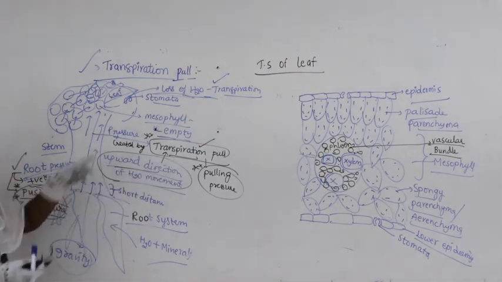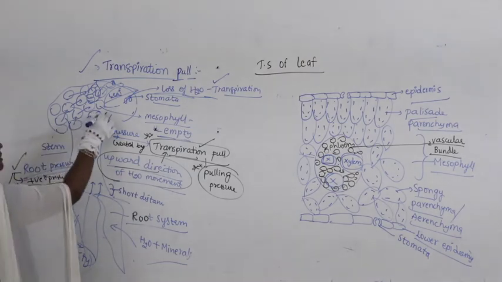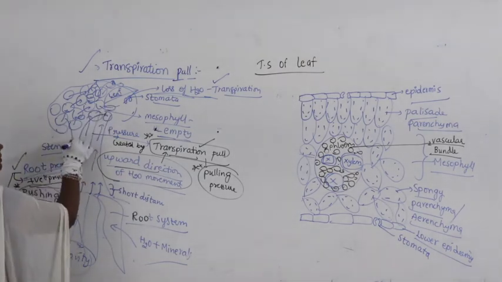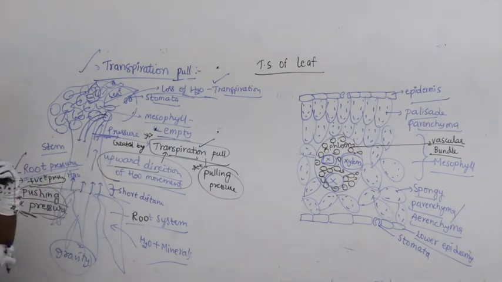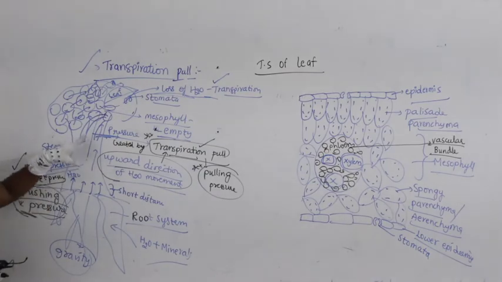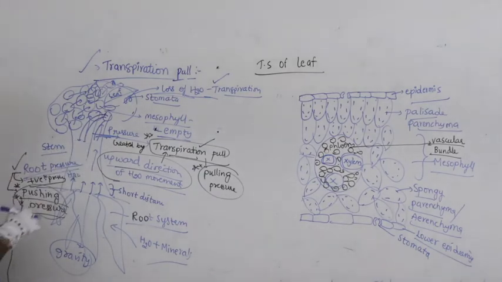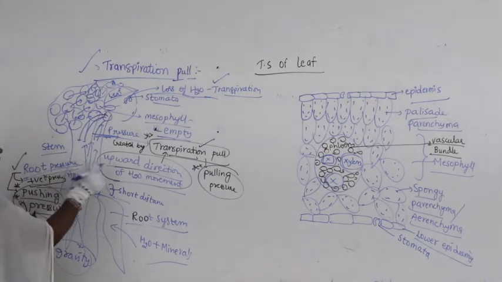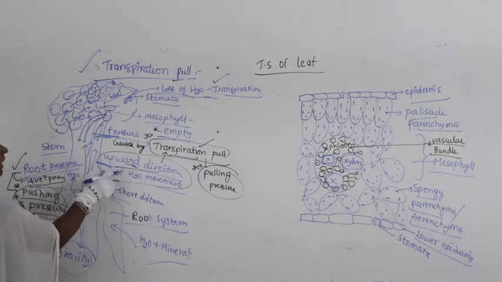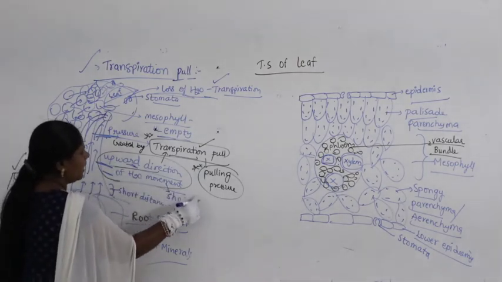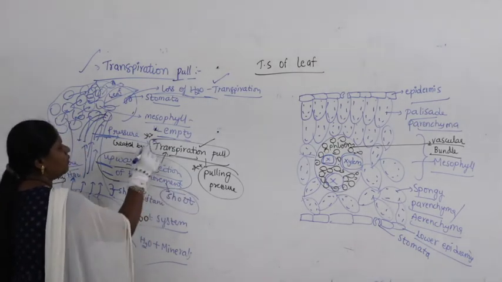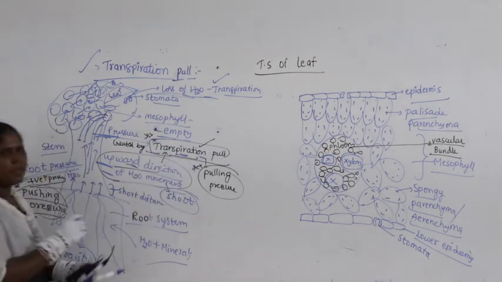Transpiration pull. As all cells become empty here, it applies so much pressure, and that pressure within the plant is maintained within the xylem and phloem, and that pressure takes the water in large quantity in an upward direction. So, the upward direction of water movement within the shoot system happens because of transpiration pull.